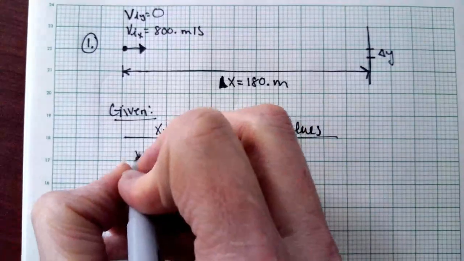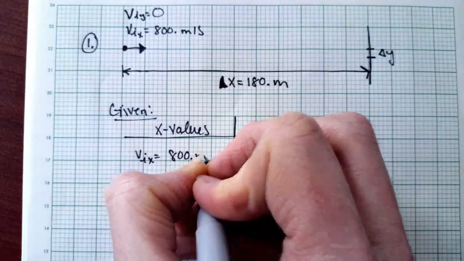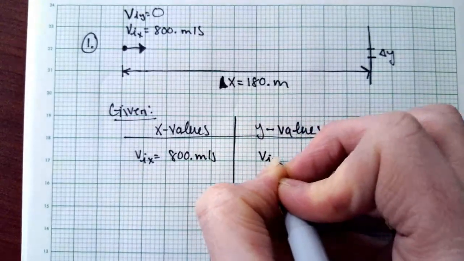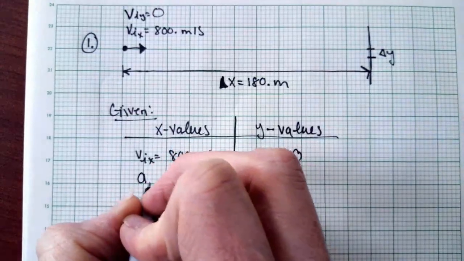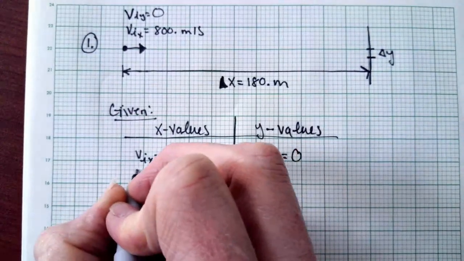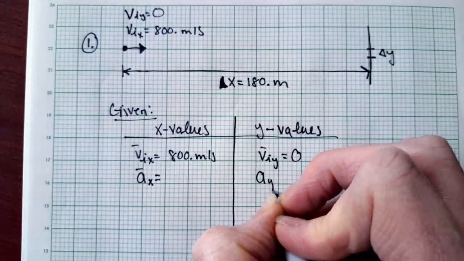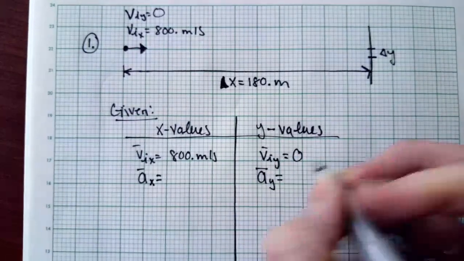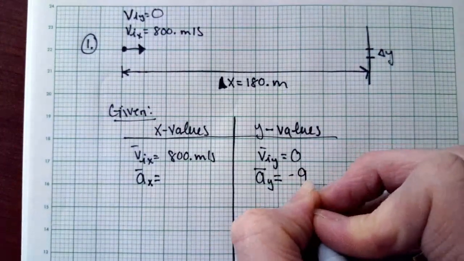All right, so for our v initial in the x, we have 800 meters per second. Our v initial in the y, we have 0. Now remember, in order for anything to have acceleration, it's going to require an outside force. So we obviously always have acceleration due to gravity. It's always acting on bodies on Earth. So it's always going to be a negative 9.81